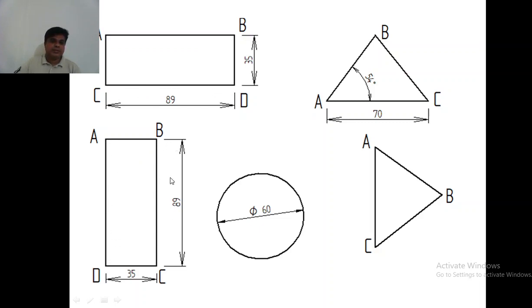And as usual, dimensions you should draw as usual here. So you can see this is the dimension 89, this is 35. It will leave a small gap here between the extension lines, and these are the linear dimensions. And if you want to give the angles between the two lines, again you can see you should draw the curve and you should draw the arrow marks, small arrow marks, and in the center you would write the angle in degrees. So this is a triangle here.